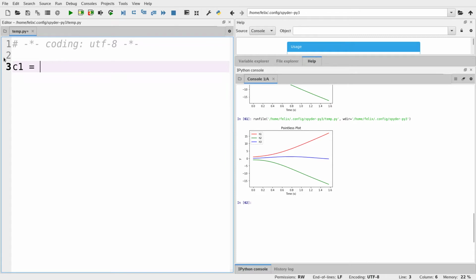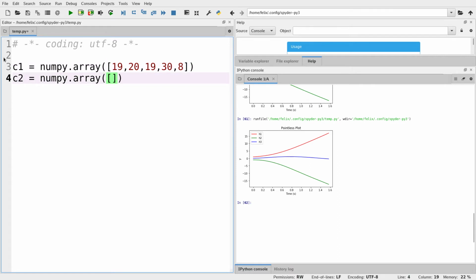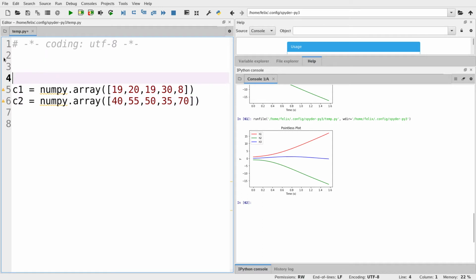And the second question is about null hypotheses. So we'll get to that in a sec. I'm just going to write in the data here. We'll smash it in. C2 equals numpy.array 40, 55, 50, 35 and 70. Okay, and oops, we'll import up here. And import